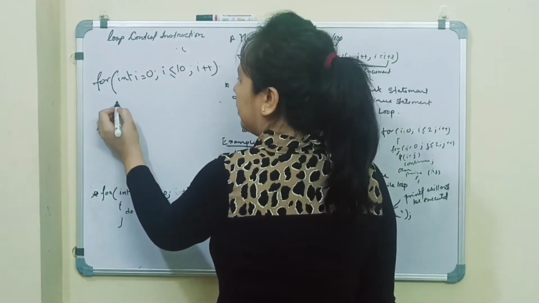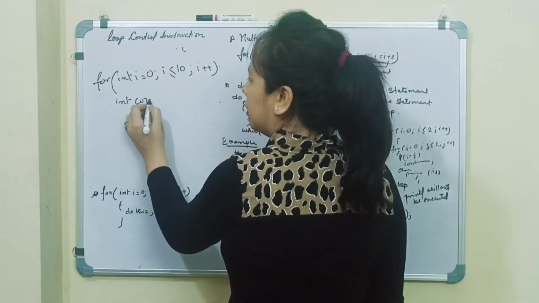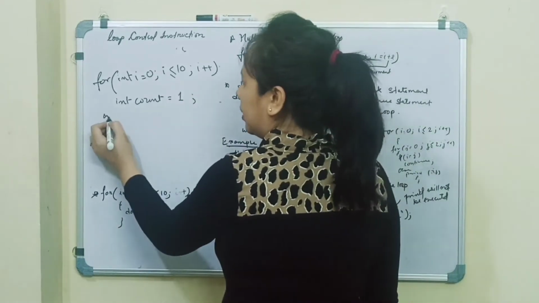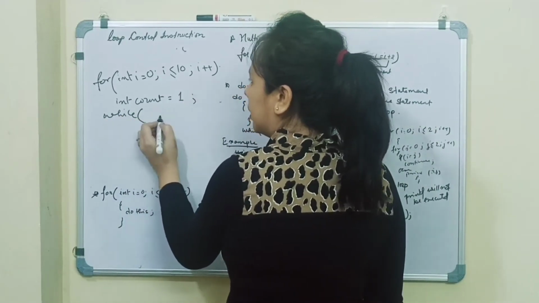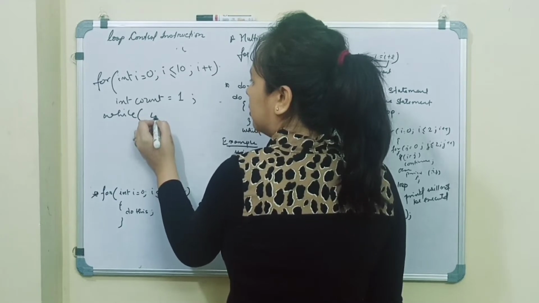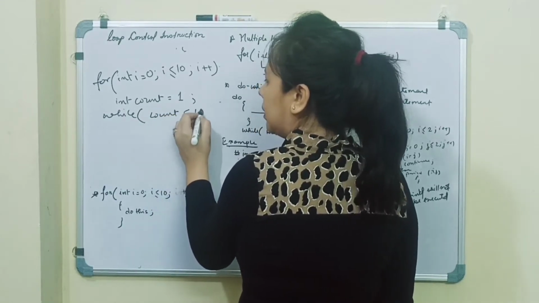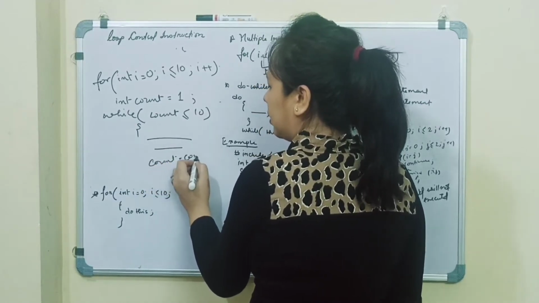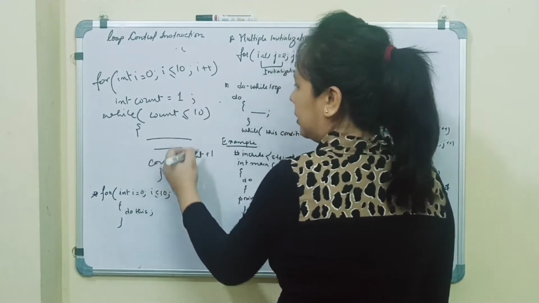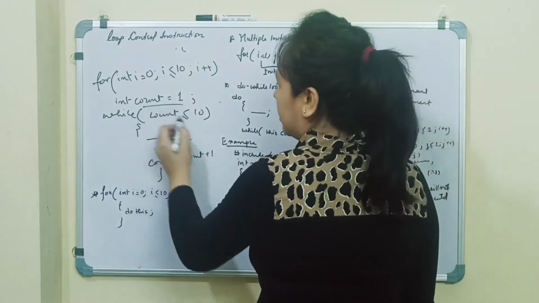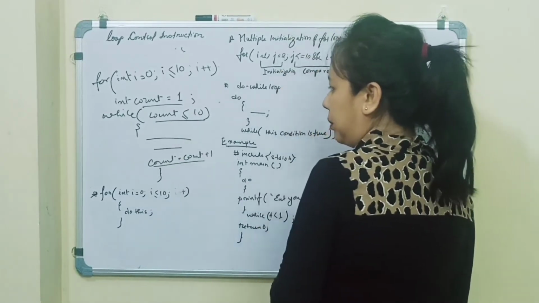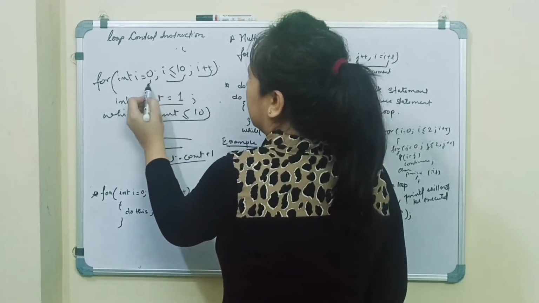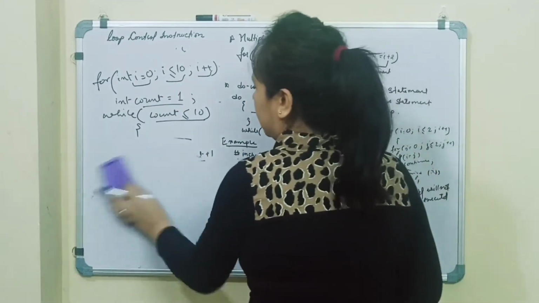But in a while loop, how have we seen it? First we declared a counter variable. We then initialized the counter variable to 1. Then in the while loop we wrote the comparison part, while count is less than or equal to 10. Then the body of the loop. Then count equal to count plus 1. So it was divided into the initialization part, the comparison checking part, then the increment part. But in a for loop, all three are written in the same line.